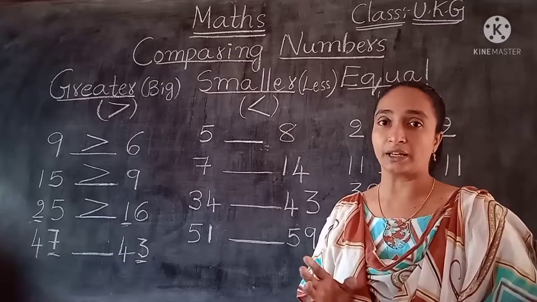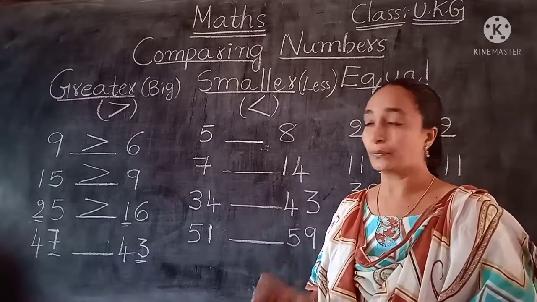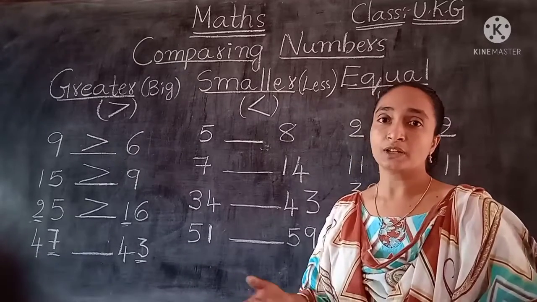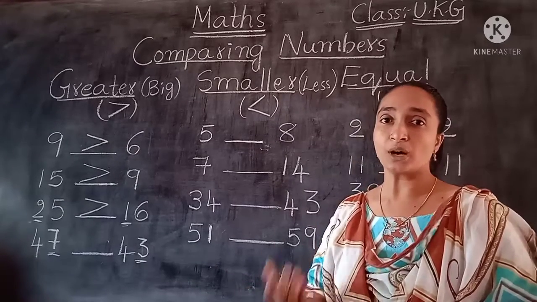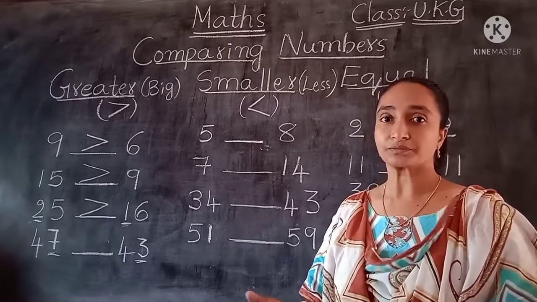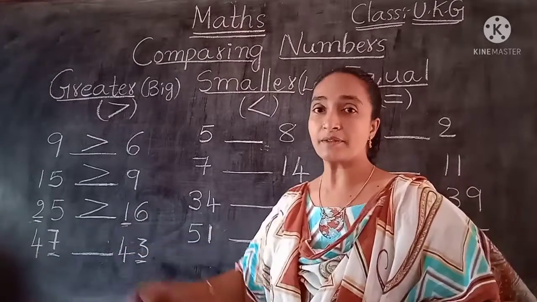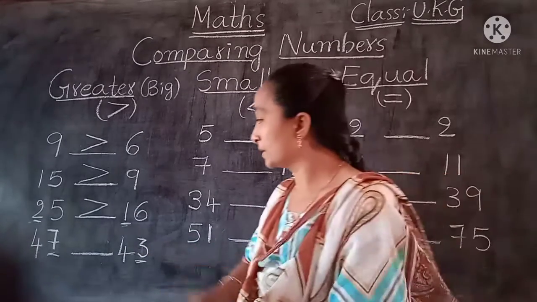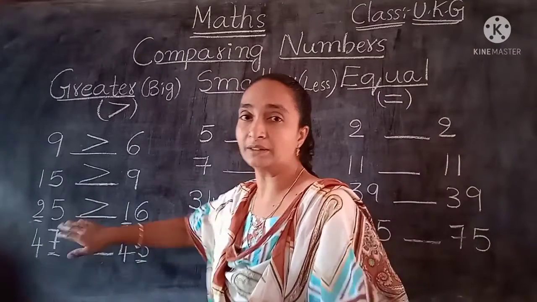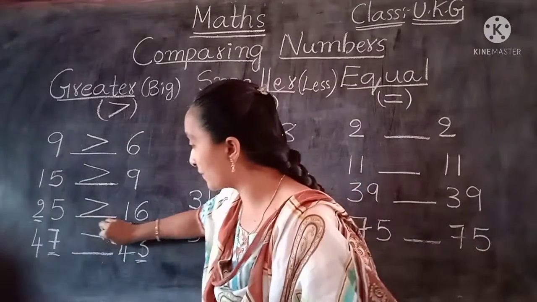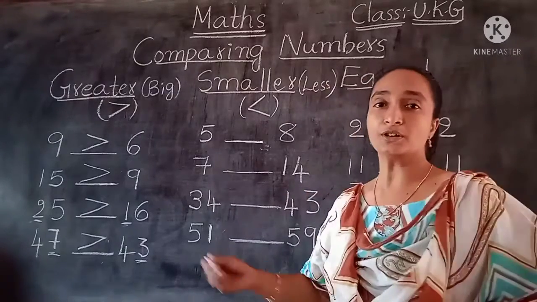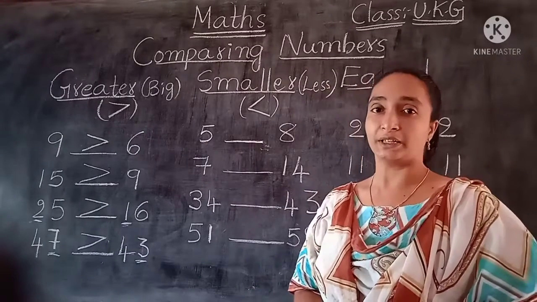Now only one digit we are taking. Okay, ones place only we are taking. So in ones place we have the 7 ones and here we have the 3 ones. Now we can find out very easily. So obviously which will be the bigger number? Yes. So 7 will be the bigger number. So now here this crocodile mouth will open this side. So 47 is greater than 43. So here we have found the greater number.